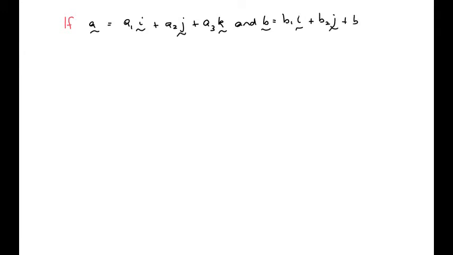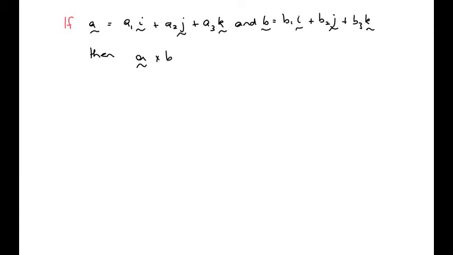So what we've got is that if A is equal to A1 i plus A2 j plus A3 k, and B is equal to B1 i plus B2 j plus B3 k, then what we can write it as, and it's exactly the same thing,